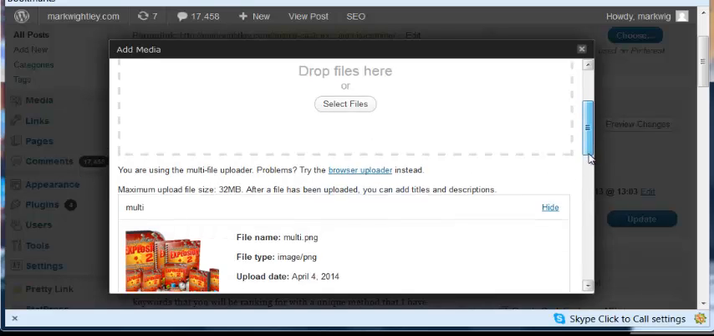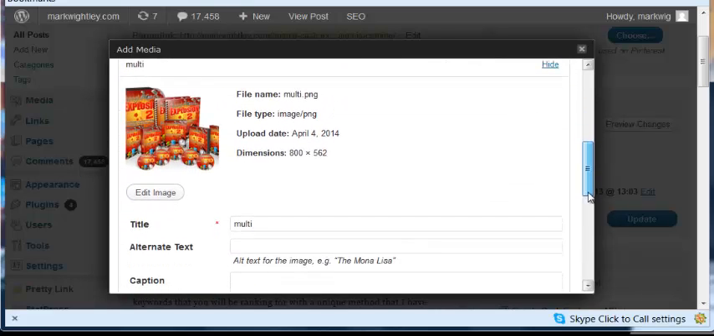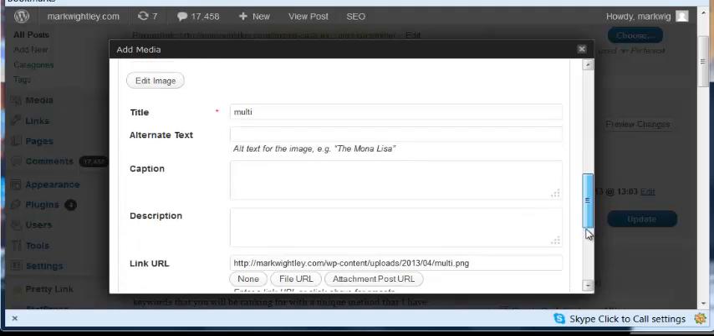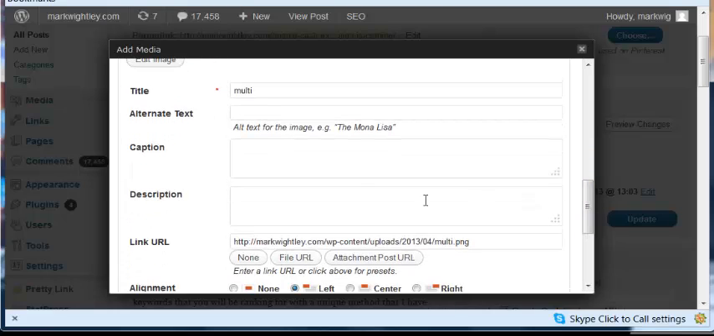Okay, so it's crunched it, and there is our image. Okay, now a couple things I'm going to show you here. You want to give it a title, so I'm just going to put Google Cache Explosion product. Okay, then you can also give it an alternative text or a caption and a description if you'd like to, but these will show up. You don't want them to show up, but I'm going to put this here,